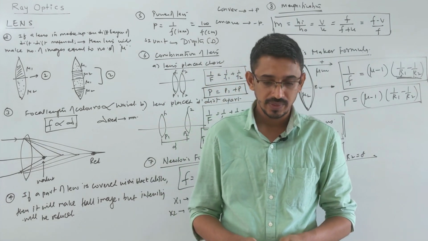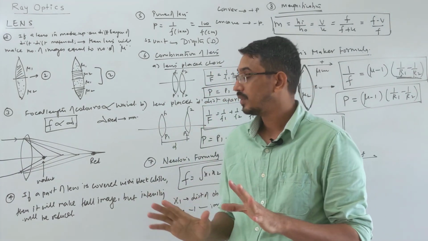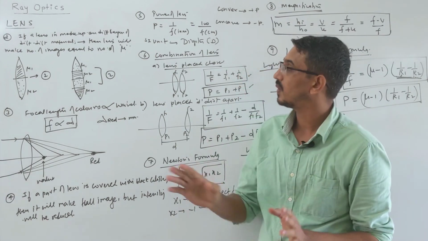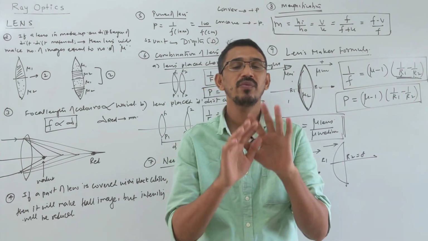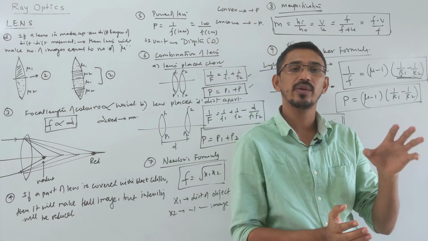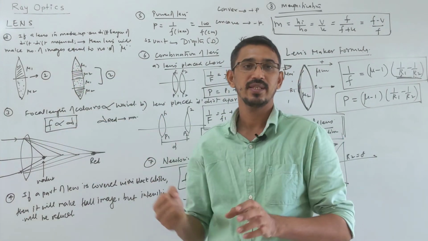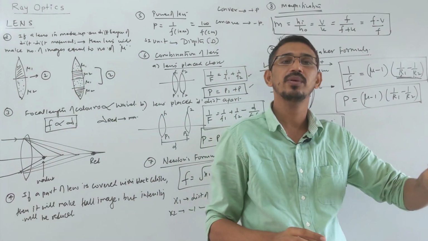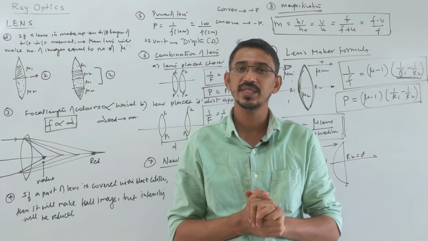So we have done all things about lenses, and I told you again, it's simple to understand by comparison between lens and mirror. Your convex lens image formation and magnification rules are similar to a concave mirror. Similarly, a concave lens has all rules similar to a convex mirror. Hope you understood all these things.